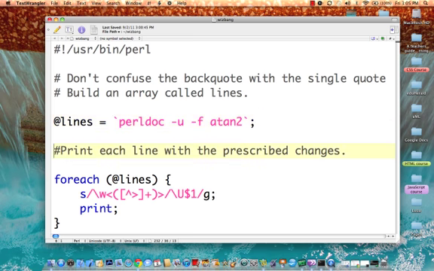Then we come into a loop. So I've added another comment here that says print each line with the prescribed changes. So this is a for each loop. Some of you might have written a for each loop in BASIC, very much like that. And so for each line in our array, we're going to go through and we're going to do this very